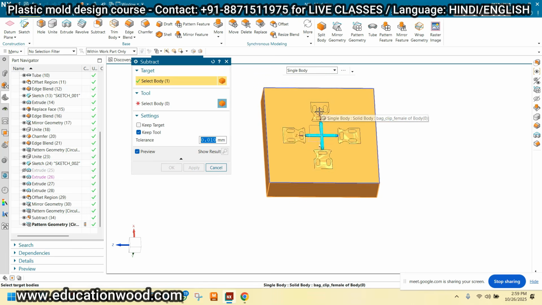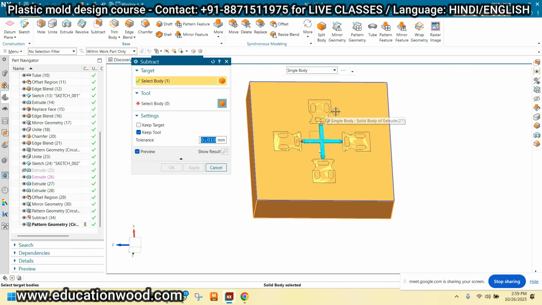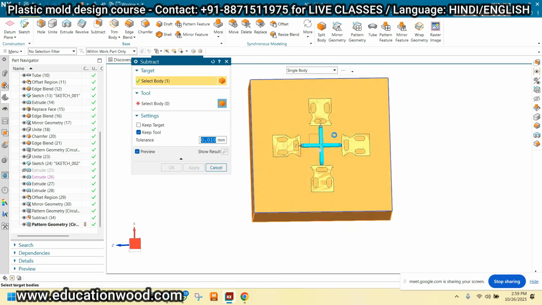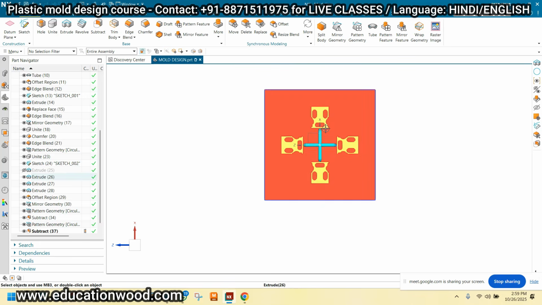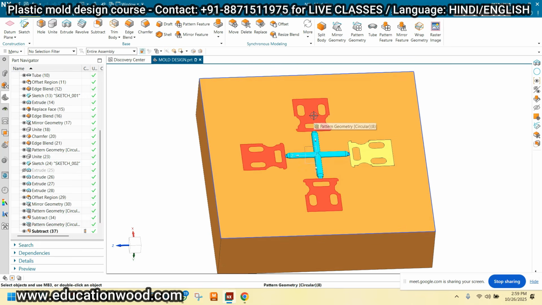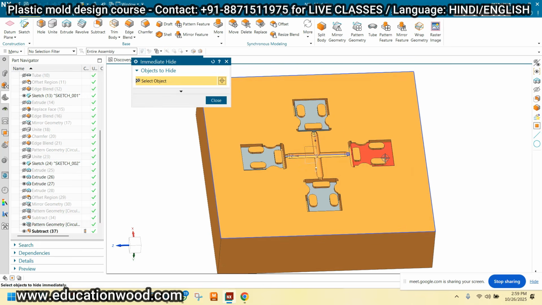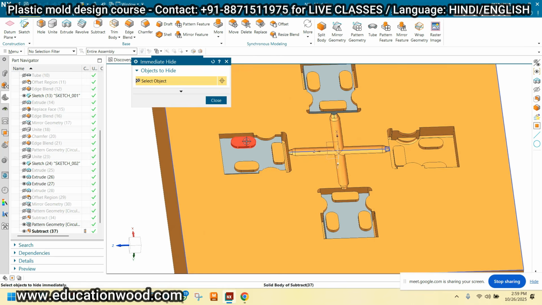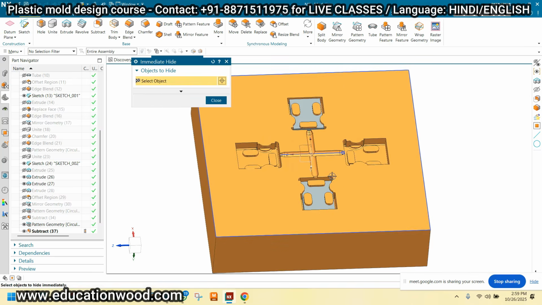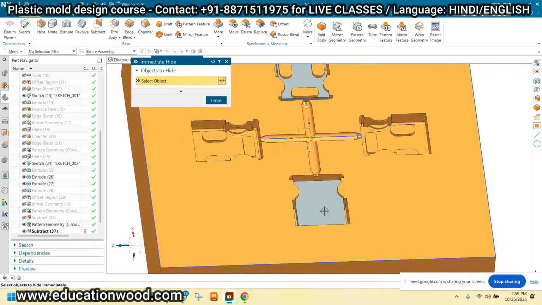It will be subtracted, as well as it will remain here. That's why keep tool on. It means it will be subtracted, but it will be here in future. So basically, you want this, right? That's why. So just hide this, hide this.